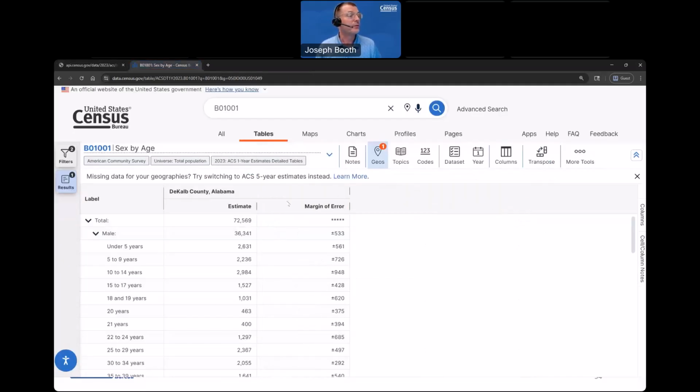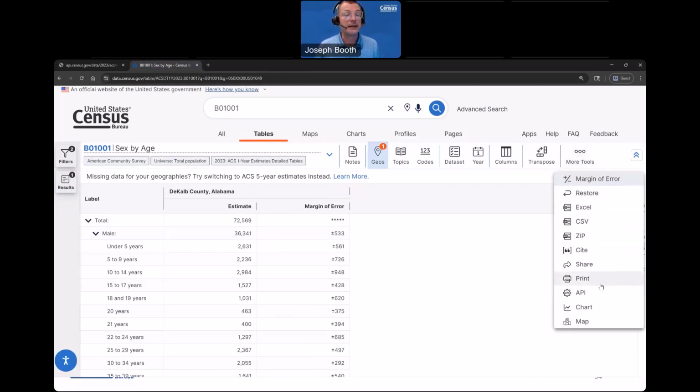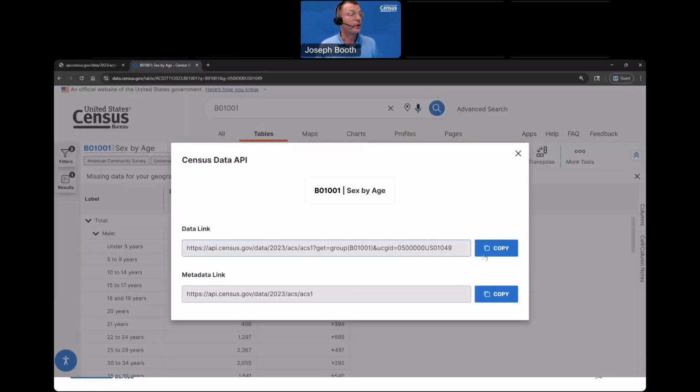And how can we use this to modify and check out the API? Well, data.census.gov has given us a great little tool here, and it's called API. All you gotta do is click on this. We are going to copy this URL. This should look familiar to you. This is the API call.